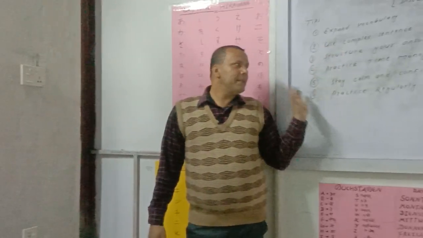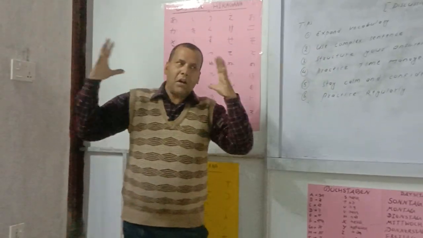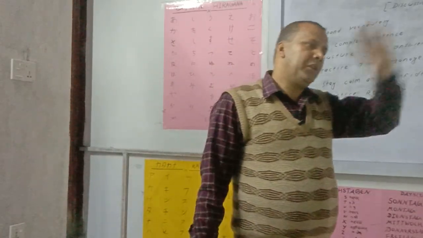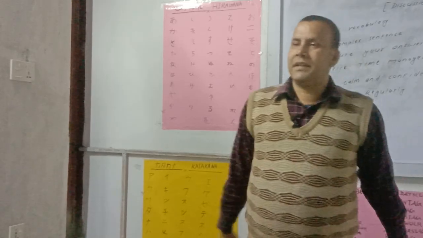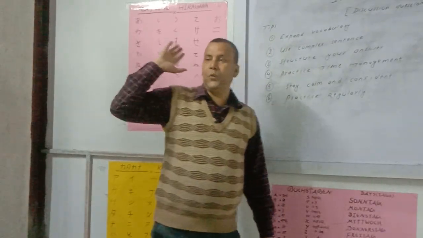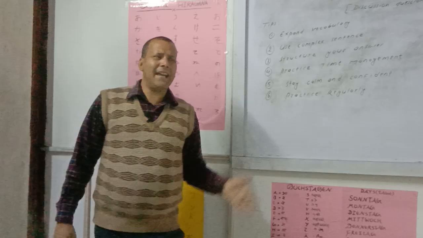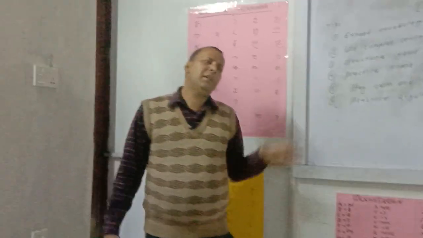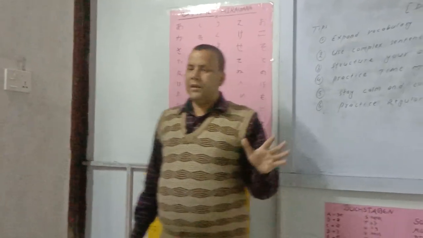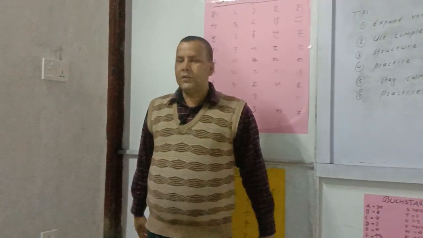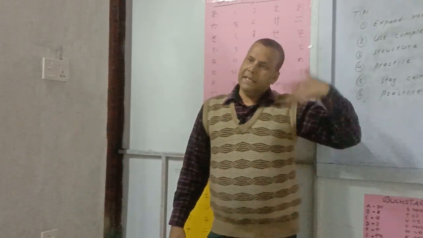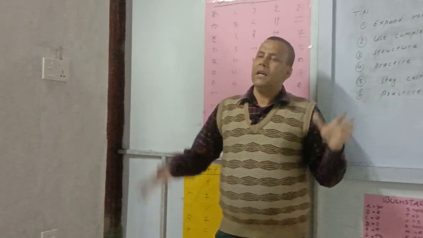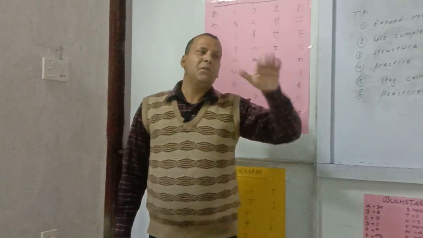So, what I mean here, you have to use complex sentences. And another tip I would like to give you. In order to give additional information about any place, person or thing, you have to use relative clauses. Relative clauses are here: which, what, that, where, how often, who, whom. These are what? Relative clauses. Use relative clauses to add more information. In IELTS speaking part 2, part 1, part 3 also, you have to use relative clauses to give